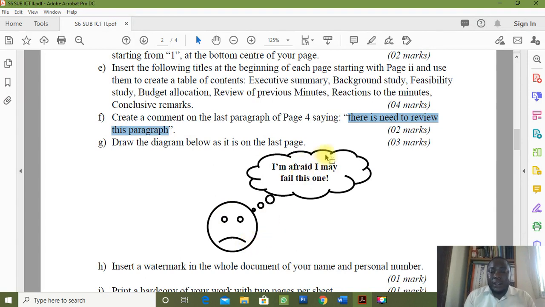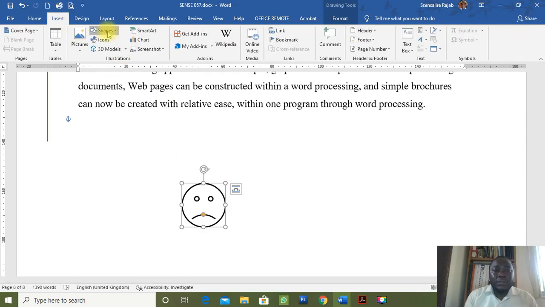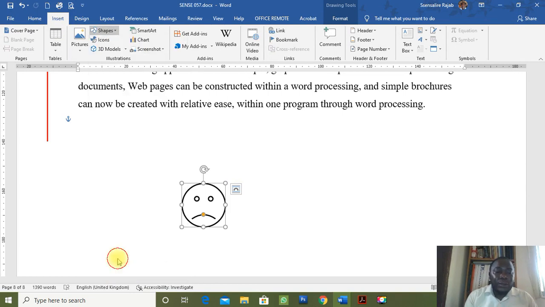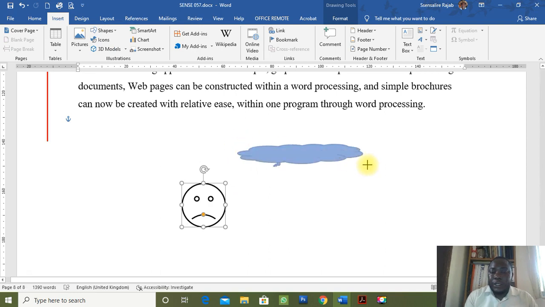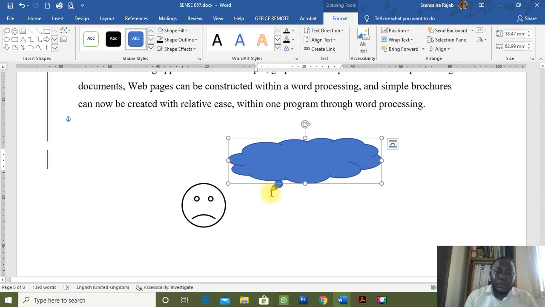Next, they want us to put this callout. The callout, still we go to the shapes on the insert menu and then go to the callout section, which is down here, and then look for the one we have used. Draw it accordingly, and then use the yellow shape still to have it extend to the face. Our callout,